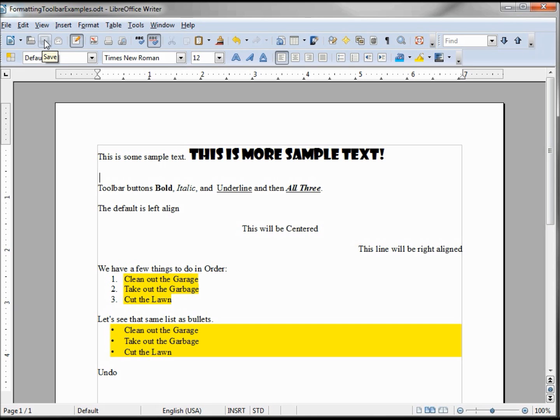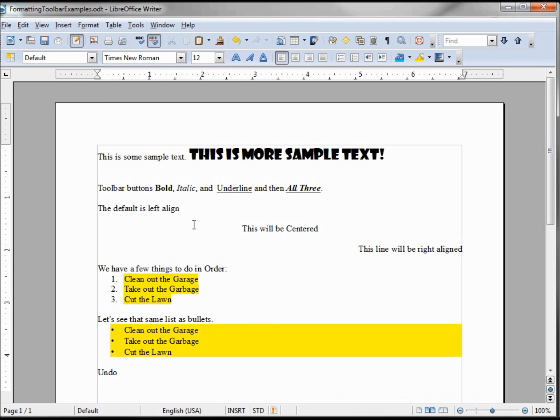And another place to look for when we have an update is on the status bar at the bottom. We don't see anything yet, but I'm going to go down and hit a space again. It changed this little thing here saying this document has been modified. Double click here to save the document.